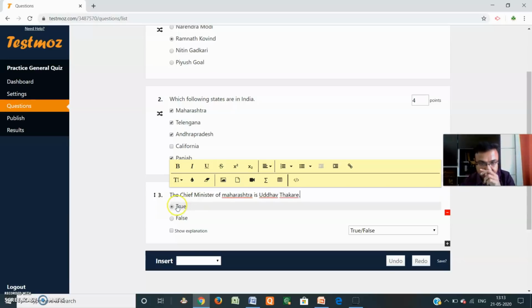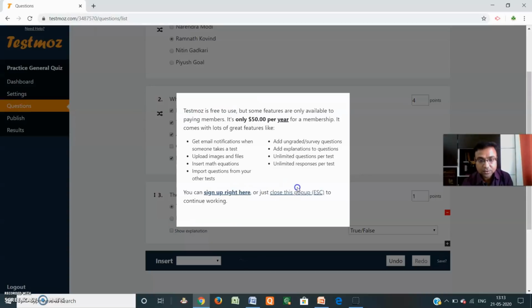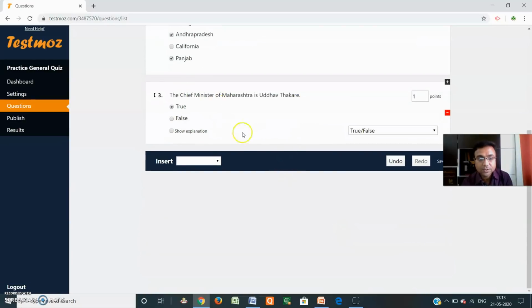True or false. This is the true or false. Just give the option true, show explanation. So you can. This is not available here. So this is the other option, true and false.